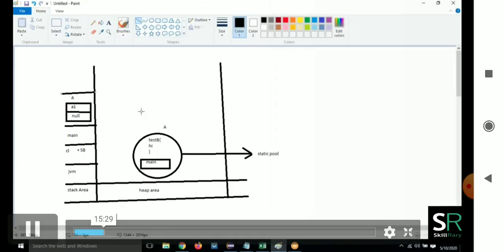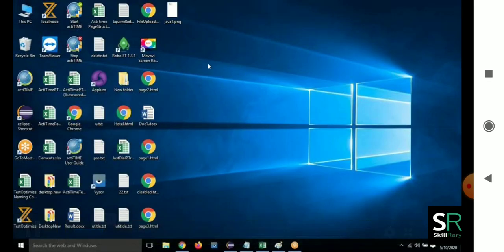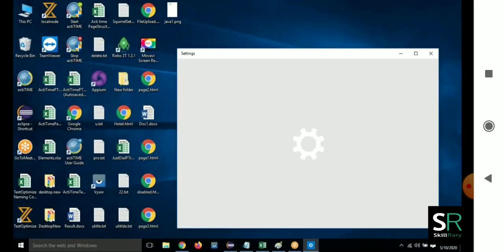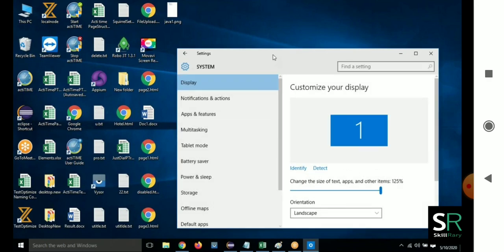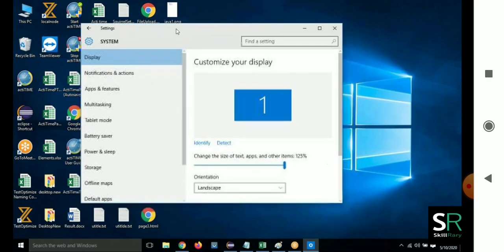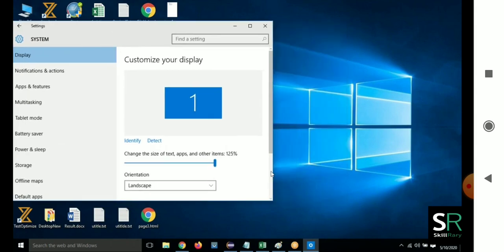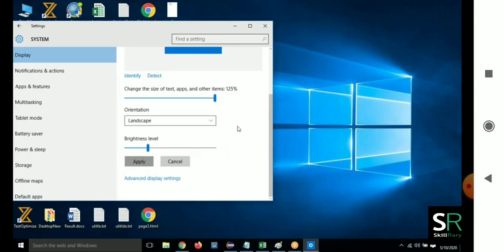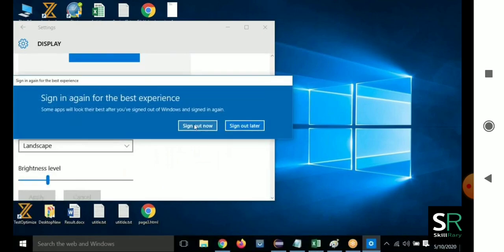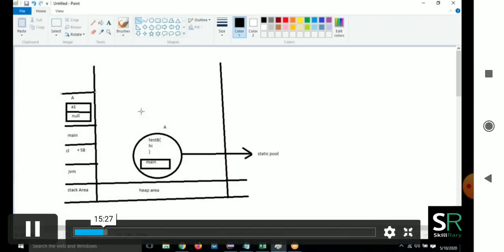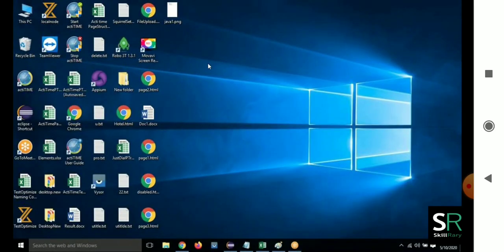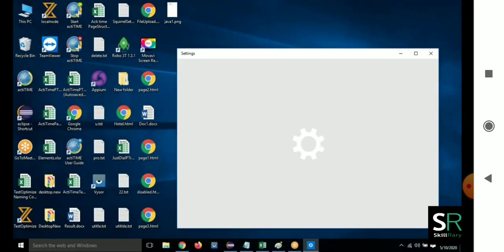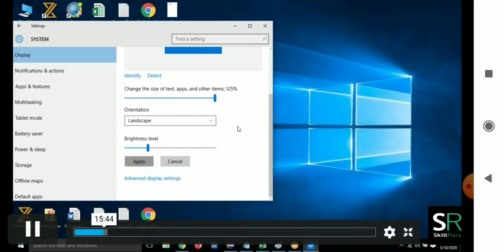Type A. One second, let me increase the font size. I think a few people told me yesterday to increase the font size. Please give me a second.